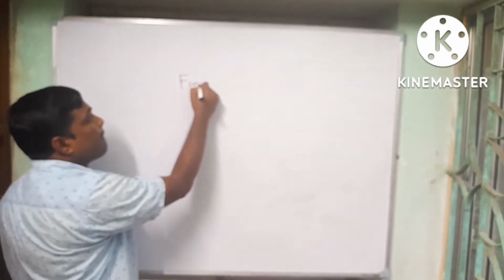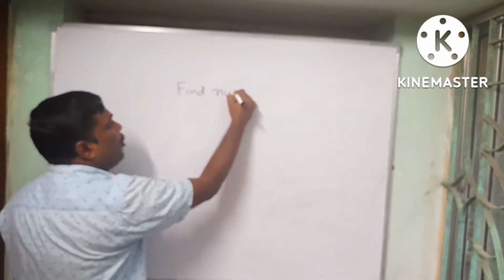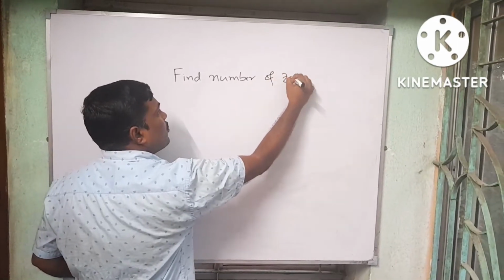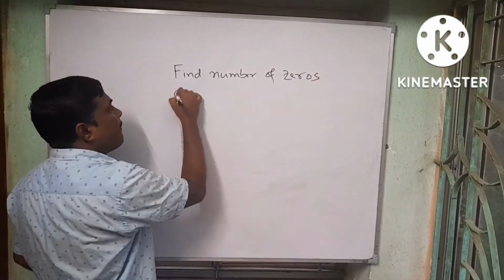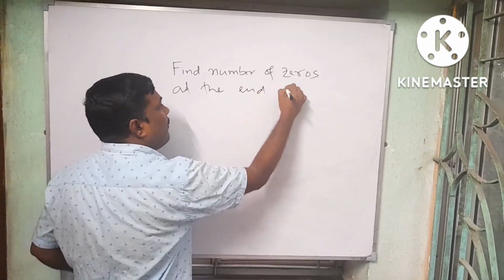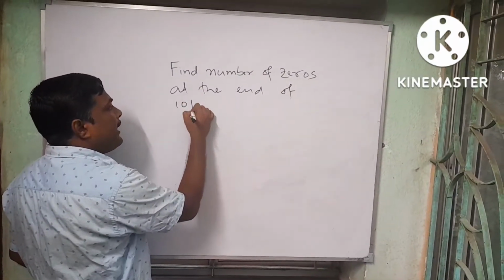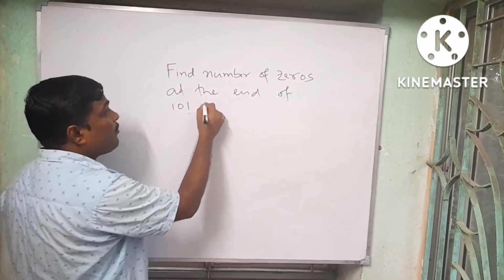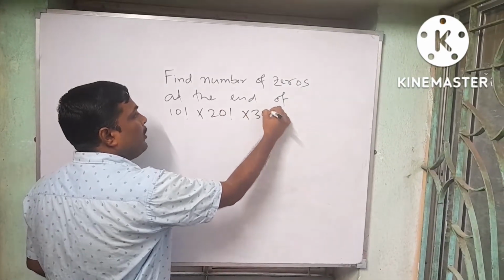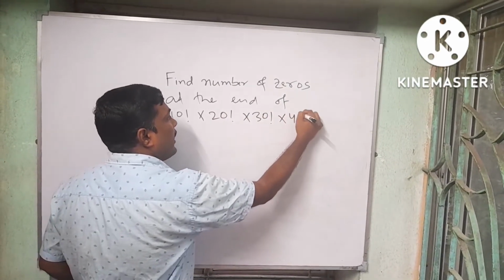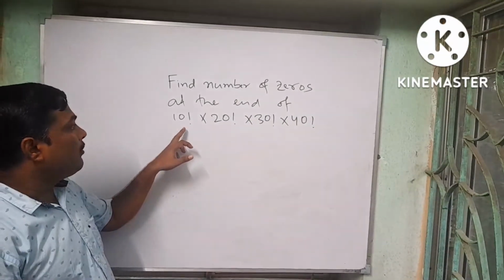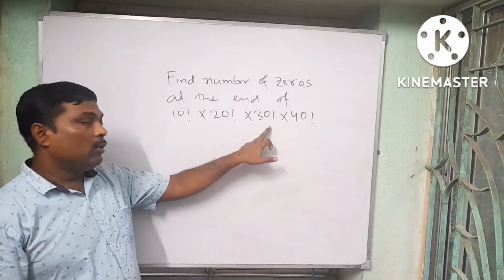Find number of zeros at the end of 10 factorial into 20 factorial into 30 factorial into 40 factorial. Okay, so question is find number of zeros at the end of 10 factorial into 20 factorial into 30 factorial